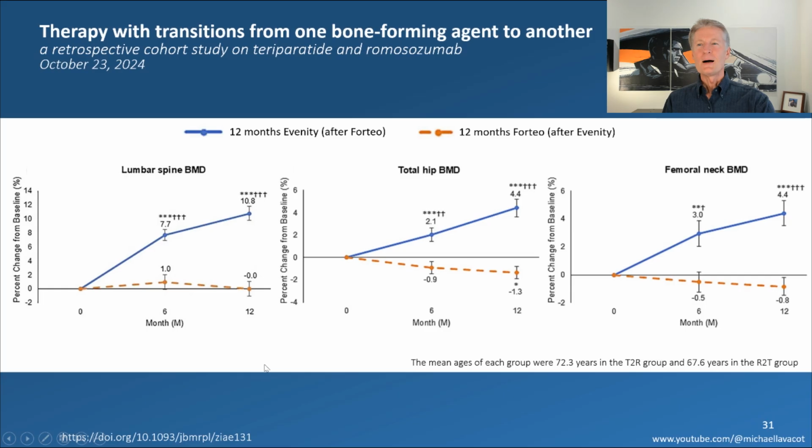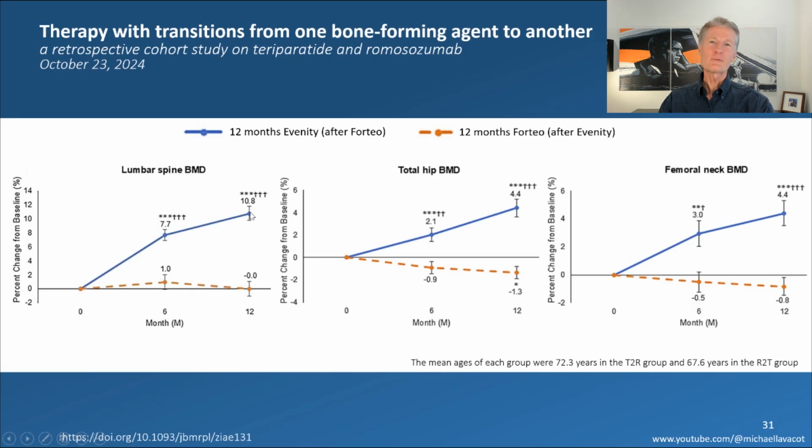Okay. Here's another study that, again, I alluded to earlier. It just came out late last year. And it shows sequential treatment of osteoanabolics. In this case, it's Forteo and Evenity. So if we look at the blue line, the blue line is Evenity after Forteo treatment. So you've been on Forteo for 2 years, and now you're going to transition to Evenity. How do you do? Well, with Evenity after Forteo, they were still able to gain 10.8% in that 1 year period, not the 13.7% that we saw on an earlier slide, but 10.8% is pretty darn good.